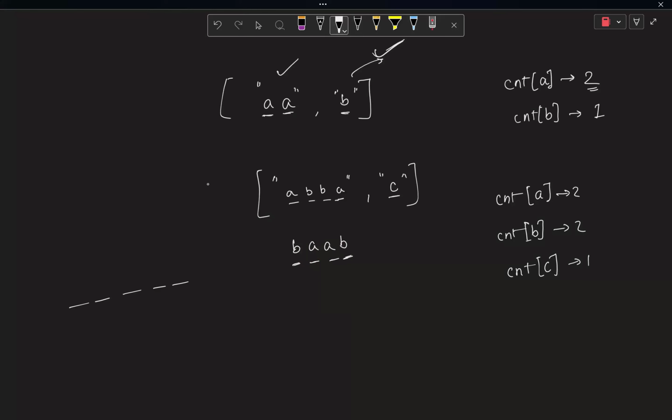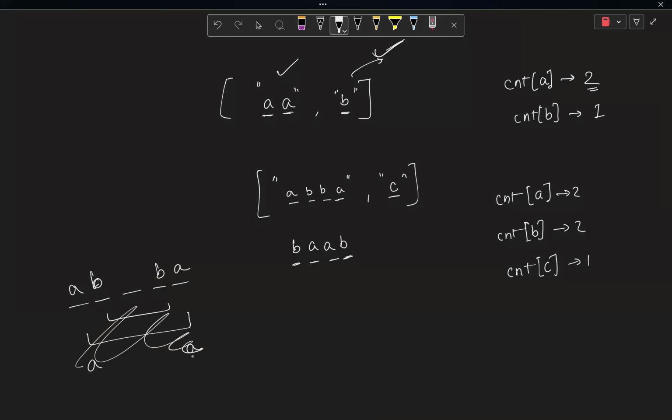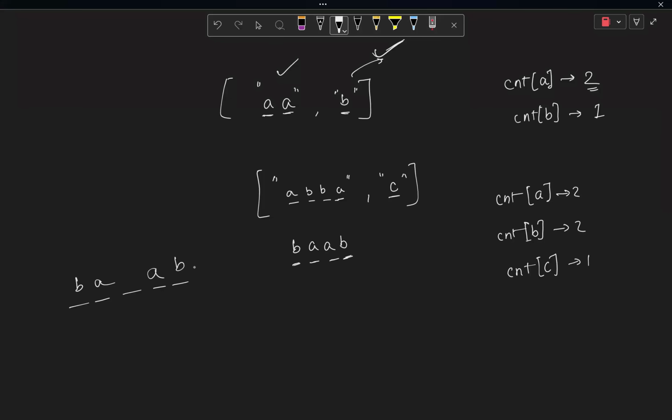If the length of the string was odd, then I don't want to insert any element of a pair at the middle, because there can be only one element inserted in the middle, right? But it doesn't matter whether I have A, B, B, A, in this way, whether I place A at the center and B at the second and second-to-last positions, or if I place it like this. So in a nutshell, what I want to say is,